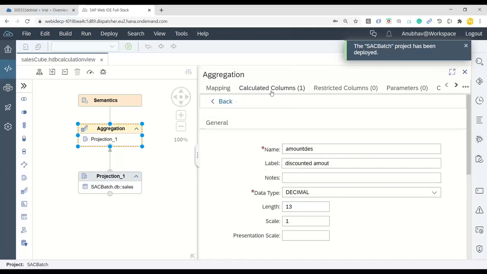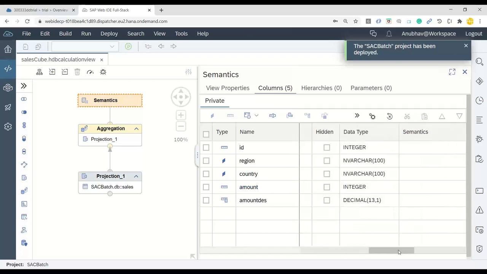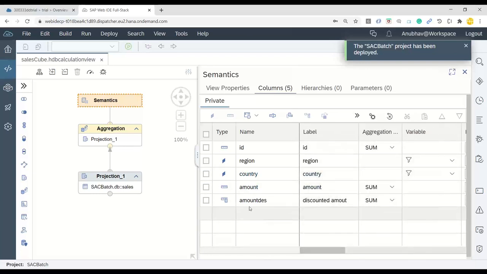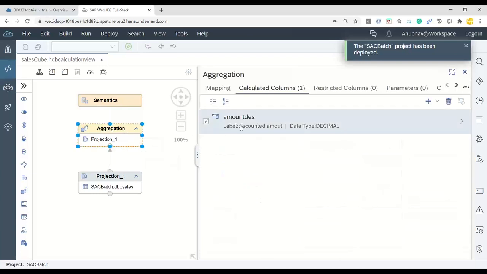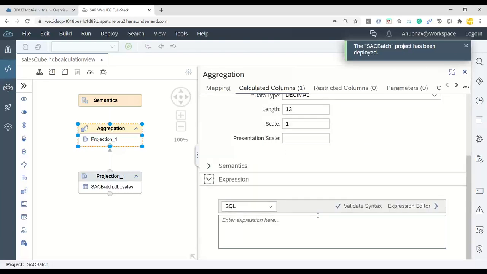I just save this and I go to semantics just to check if everything is okay. You can see everything looks okay. Yeah, perfect. Now, did I give a formula for my column? I have to give an expression, guys. So let me open the expression editor,